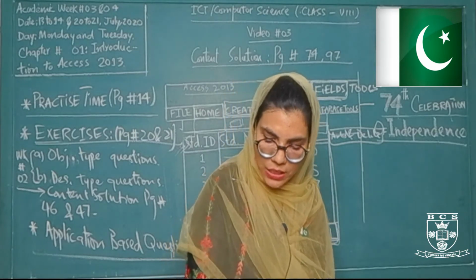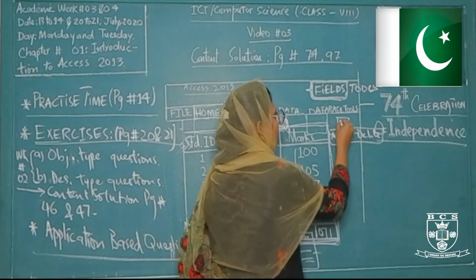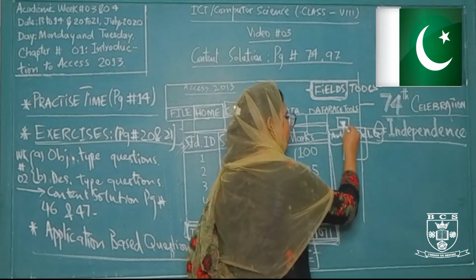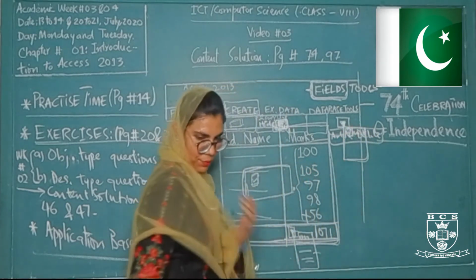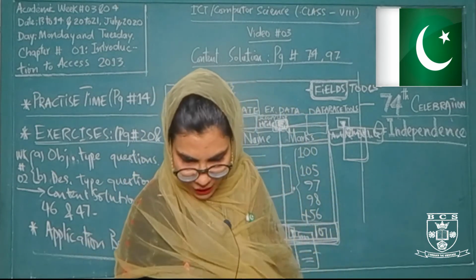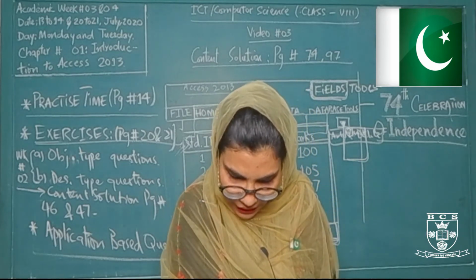Fields tab में आपके पास एक formatting group होता है, वहाँ एक option है हमारे पास data type का, उसमें भी एक इस तरह से drop down की हमारे पास बनी हुई होती है. इसमें से आपके पास list आ जाएगी different data types की. यहाँ से आप select कर लेंगे short text data type. After that click the down arrow of the click to add field. Now you will click the down arrow.